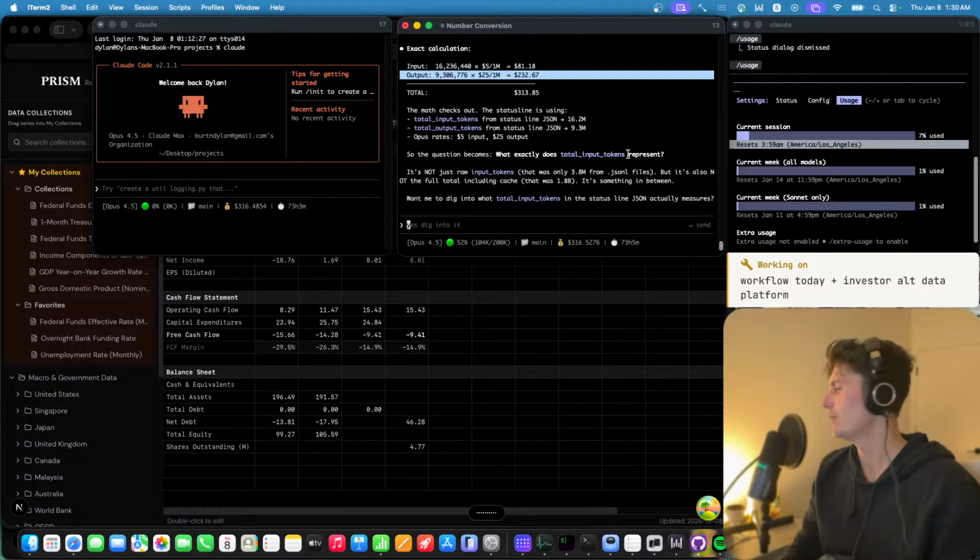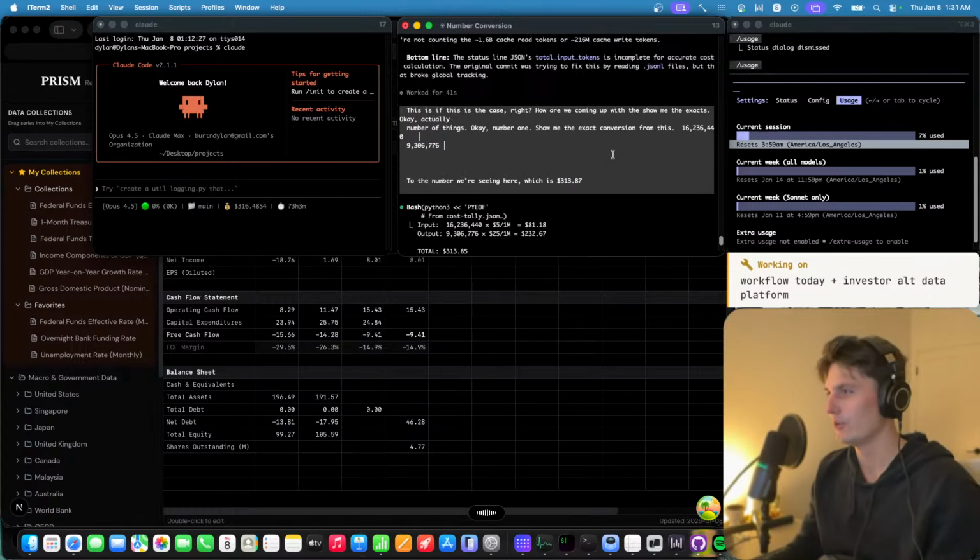Sure, but I'm starting to think there might be some limitations. We're essentially just guessing what these are, right? We're looking into the cloud configs and looking at what they're storing, and we're guessing this is what's going on. But realistically, we need to find the actual source of truth, and I don't think we have access to that. We're making an estimate. So you agree with this, right? Let's talk a little bit about it. I think there's some limitations because I see there's a lot of different things being stored. We have cache tokens, we have